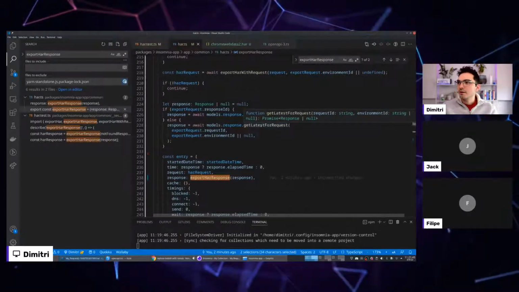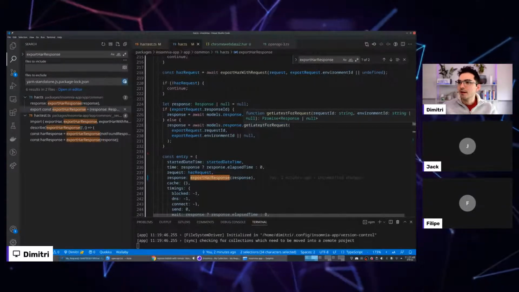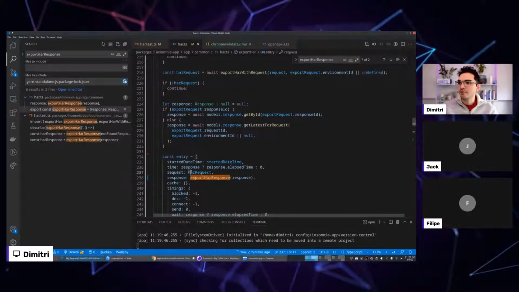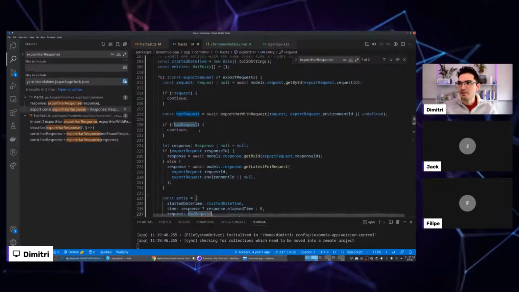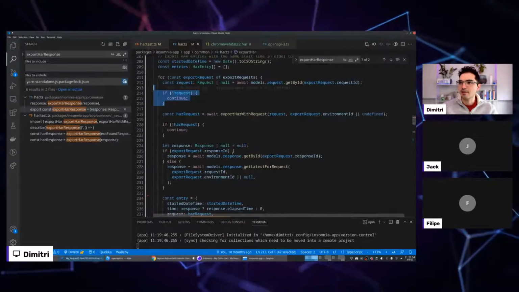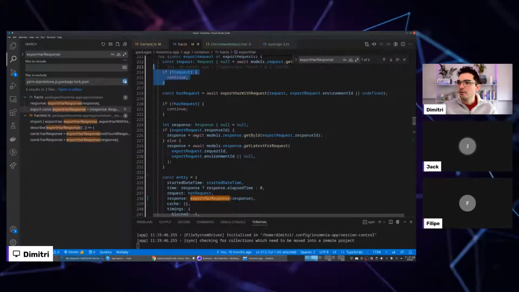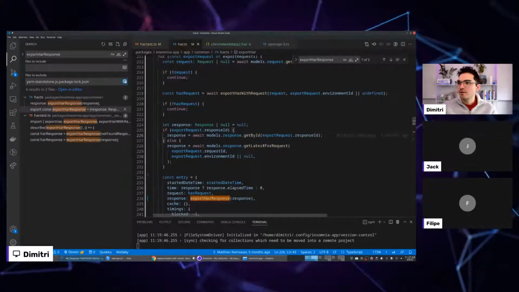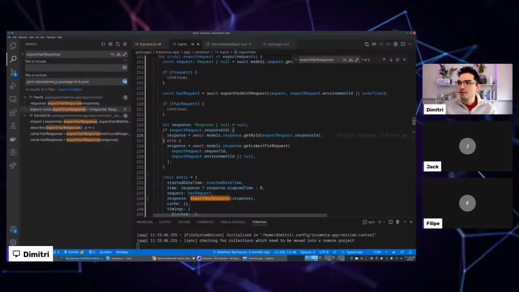I noticed on top of that, we still could have the request being null, which I think is actually still invalid. We try to get out of the case up here, but both of these get by ID